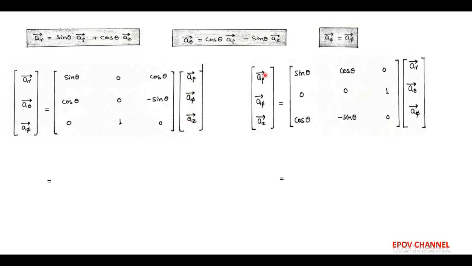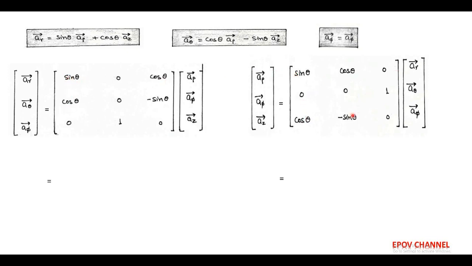Now this matrix representation can also be expressed in terms of unit vectors of the cylindrical coordinate system, that is in a column matrix, and it is a rho, a phi, and a z, which is shown on the left side. And on the right side, a 3 by 3 square matrix is multiplied by a column matrix with unit vectors A r, A theta, A phi corresponding to the spherical coordinate system. In the square matrix, there is only one difference. Here, rows and columns are interchanged.